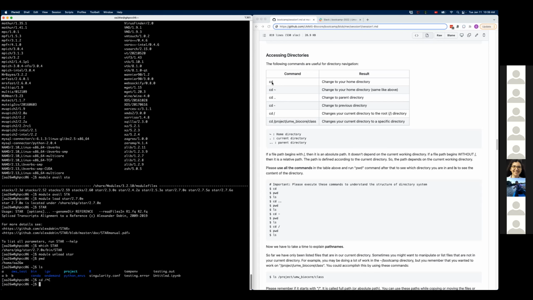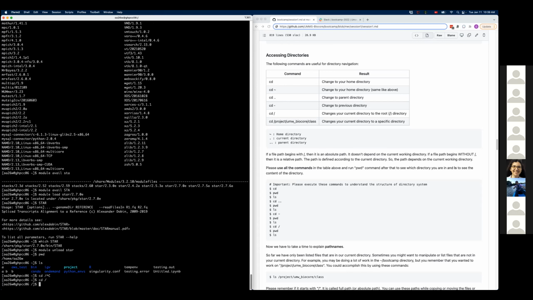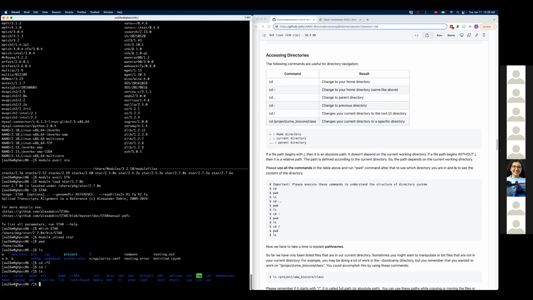So the next command is cd, which is short for change directory. So that's just for moving around in the file system. So if we do, for example, cd /, as you might remember, is for the root directory, and it brings us to the root of the system. You can already see the change here, so it shows us that we are at the root. And if I do an ls here, it's going to show me what's at the root folder.